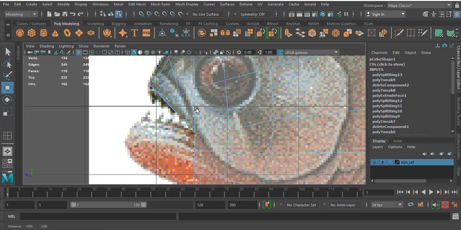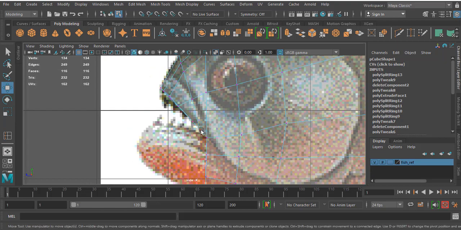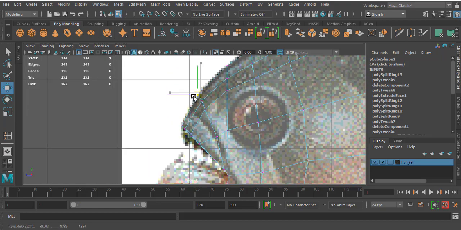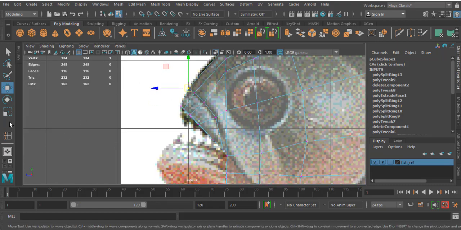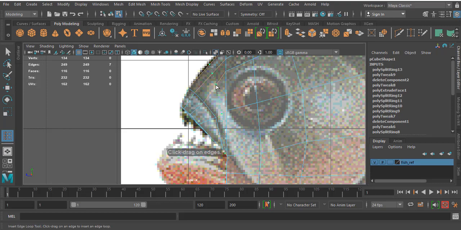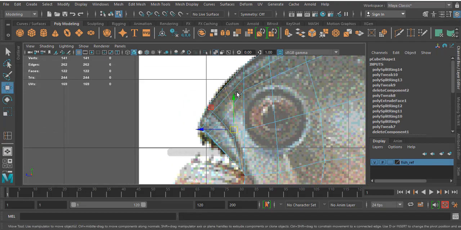So I'll select this, move a little bit, so I can place this on the lip of the character. Okay. Now one more span, place this, so it will help you.